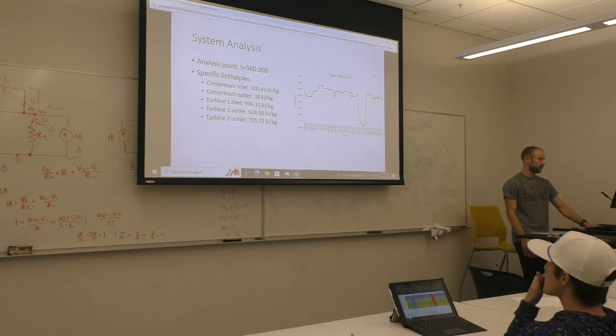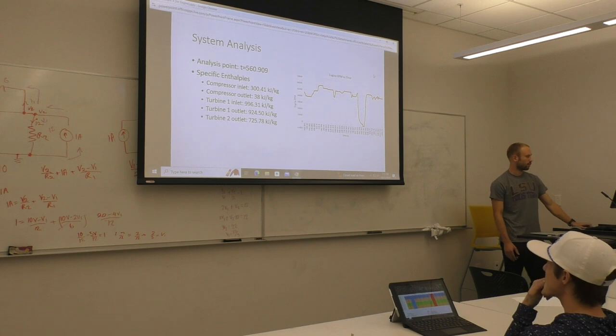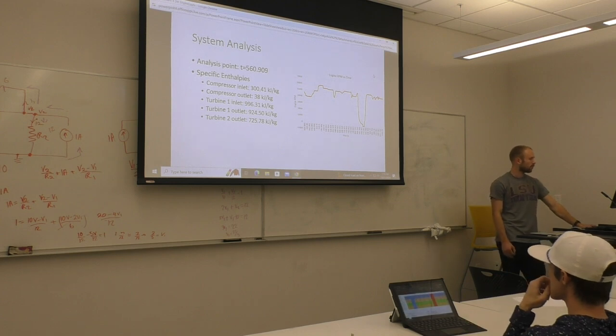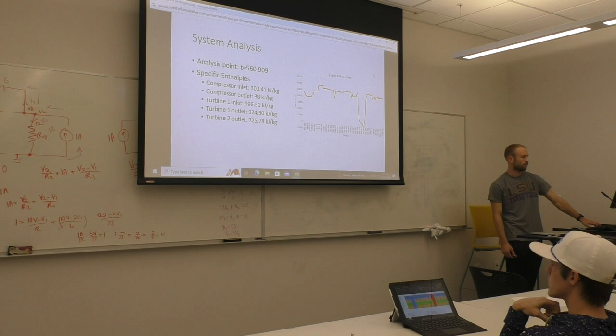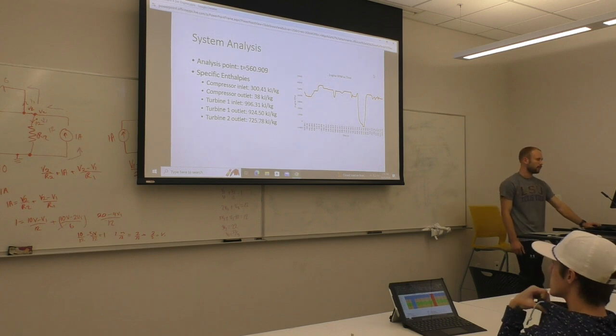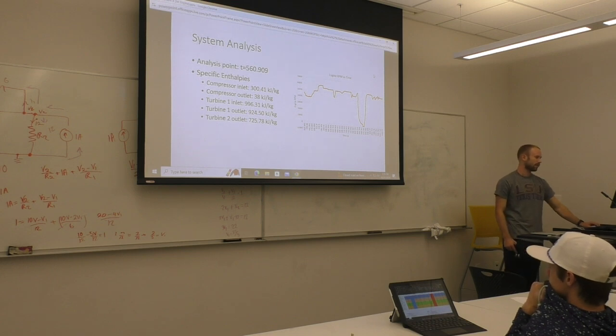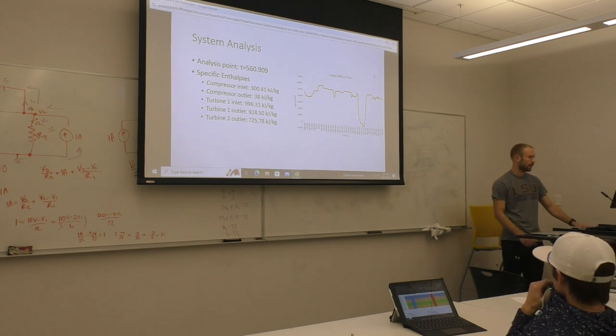I calculated the enthalpy at the compressor inlet to be 300.4 kilojoules per kilogram, at the compressor outlet to be 38 kilojoules per kilogram, at the turbine 1 inlet 996.3 kilojoules per kilogram, at the turbine 1 outlet 924.5 kilojoules per kilogram, and at the turbine 2 outlet 725.7 kilojoules per kilogram. All of these were calculated using the air tables from the thermo